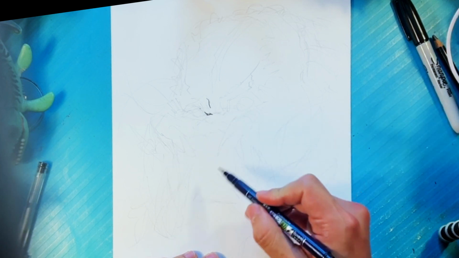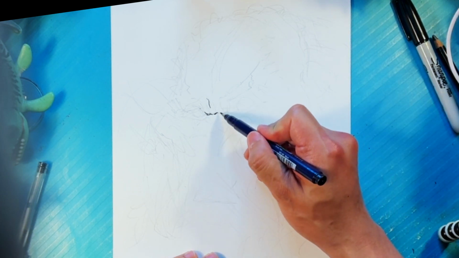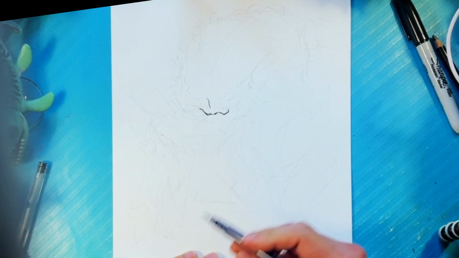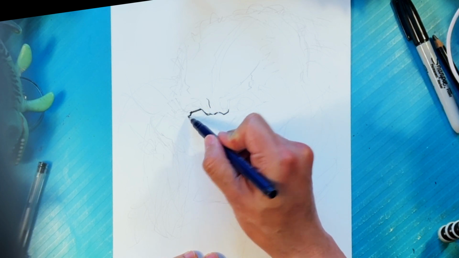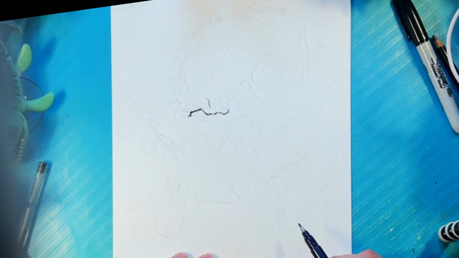I'm gonna start right here with the furrowing of his kind of brow area. He's obviously gonna be pretty angry, making an expression, and something about this character has always kind of appealed to me, specifically